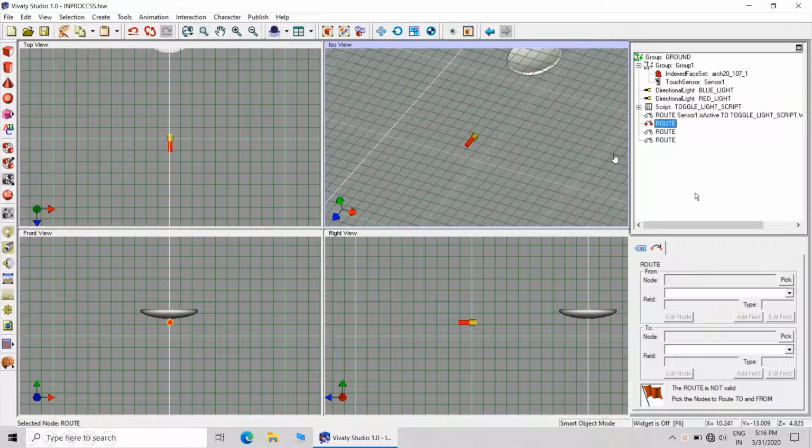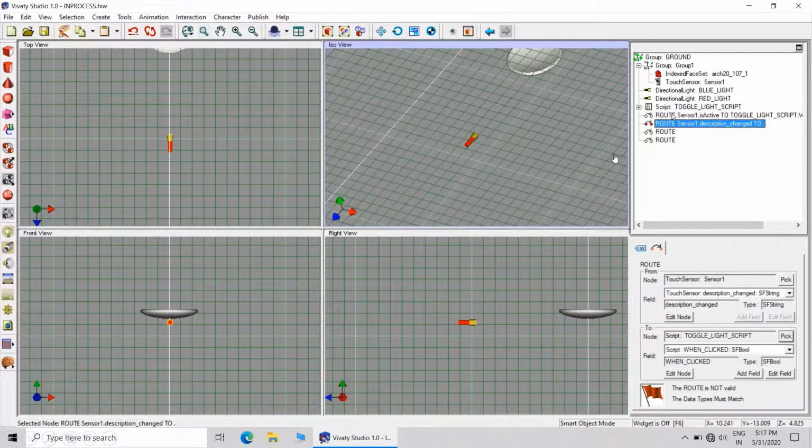Likewise, there will be second route from touch sensor to script.